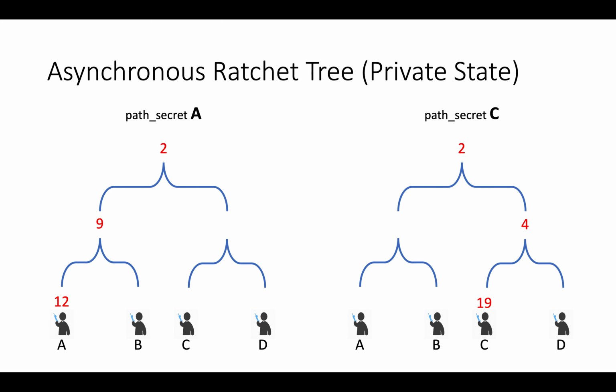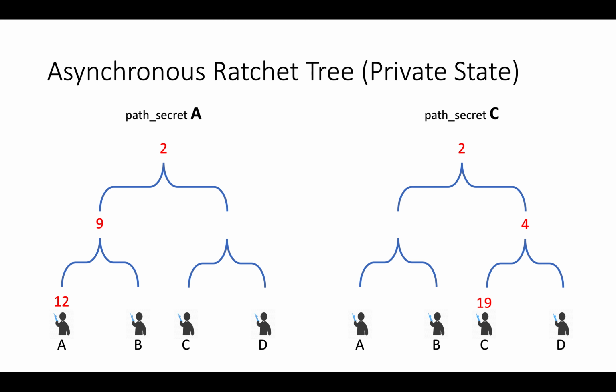Now, someone might ask why we need to store the path secret of the tree, since we can calculate all these values whenever we need. The answer is that storing the path secret of the user will reduce the warm-up time of the application. Otherwise, consider that a group has more than 200 members and the user, starting fresh, has to calculate the entire tree each time. Then it will take some time to calculate the entire tree. That is why MLS recommends caching path secrets to reduce warm-up time.